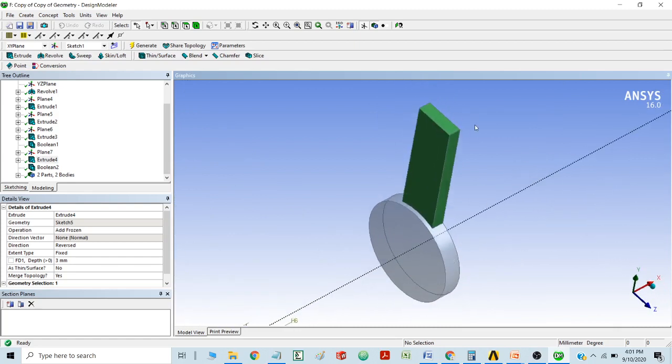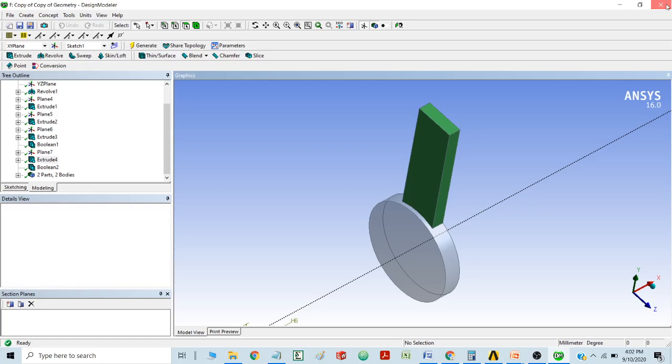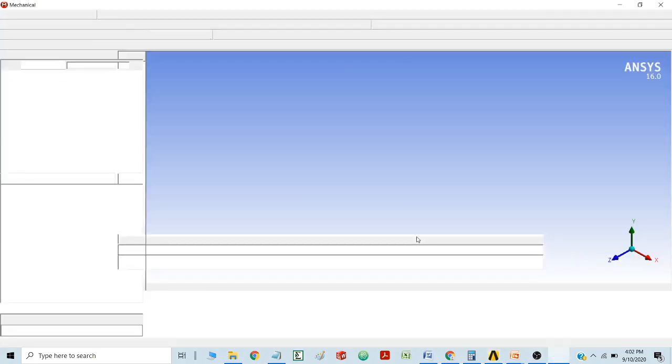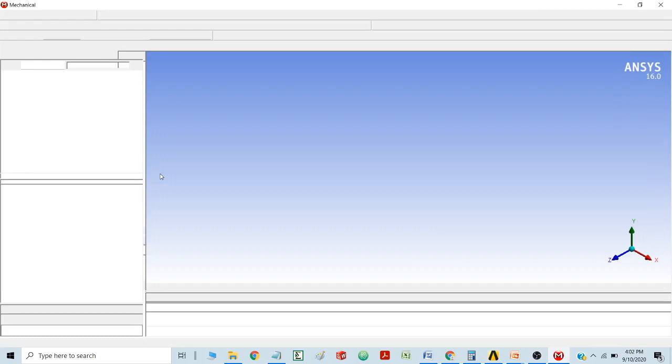So that I could create a part, or you may say create a geometry which is going to resemble a cantilever beam. Okay, so like this I have made the beam, and then I have initiated the model, that is the static structural model. When I click the model, I have set up the boundary conditions for the static structural. So it is simple